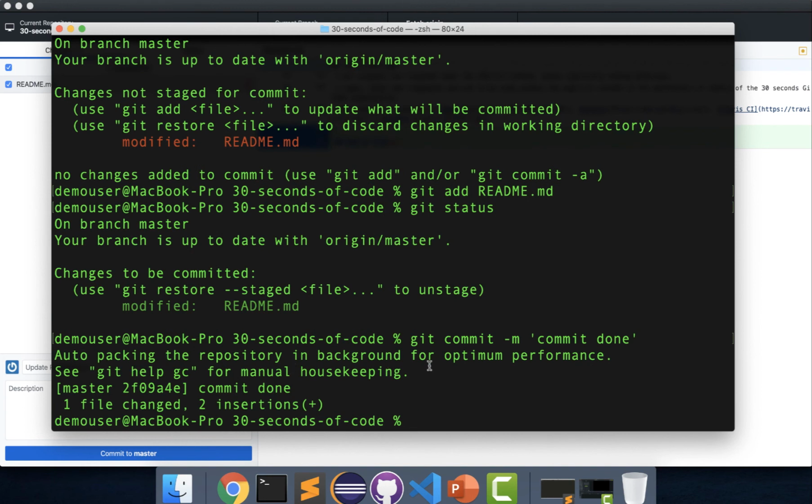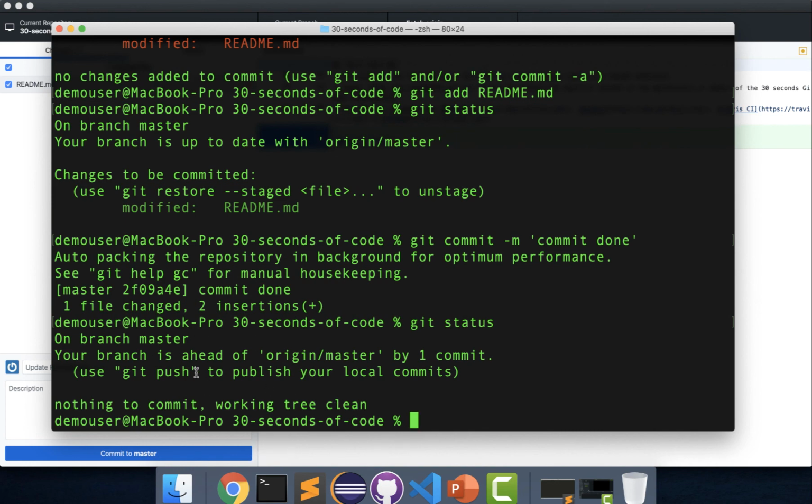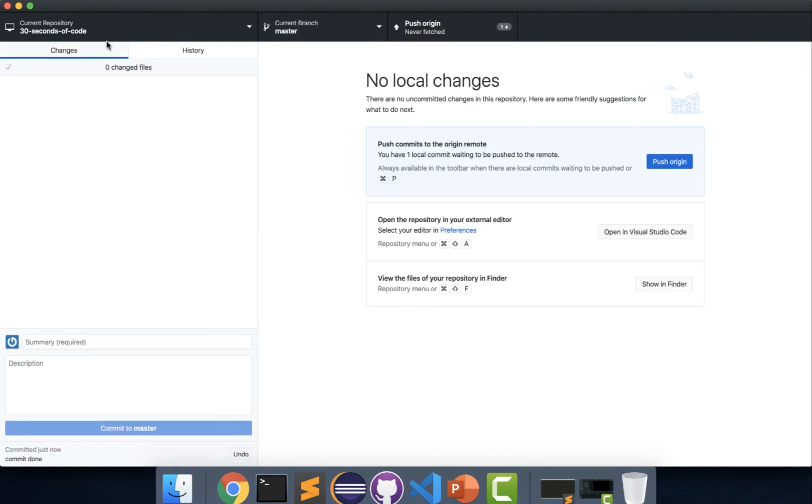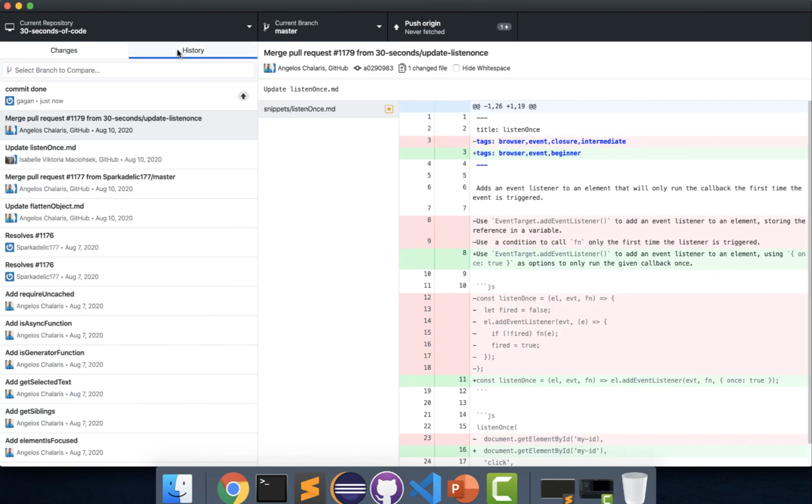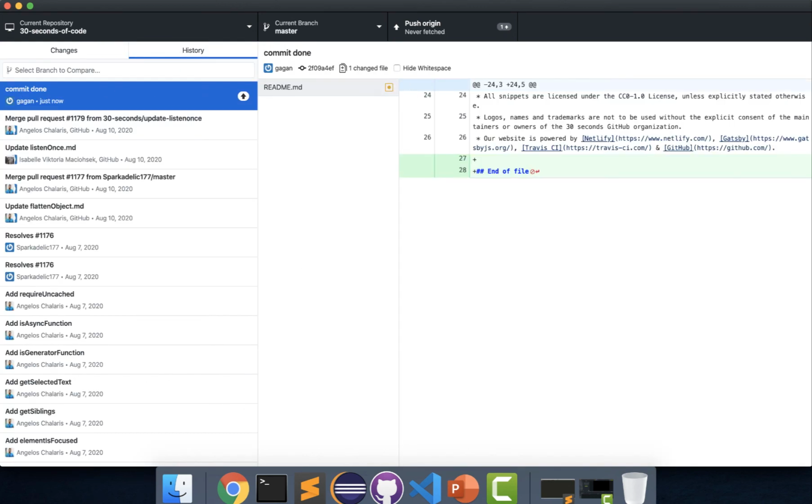So you can see now the commit has been made, and one file has been changed with one insertion. If I go back and check my status, you can see there is nothing present over here. It means it's all pushed. If I go back here, there is nothing present over here, which means all changes have been pushed. Going back to history, you can see our commit is showing over here, with the commit message, the person who committed, and the hash. One file is changed and the details of the changes are also displayed over here.